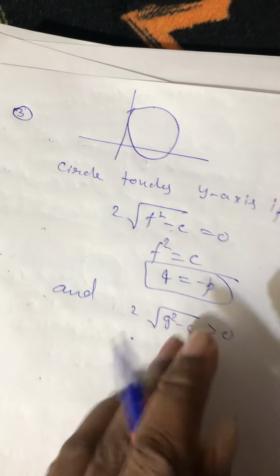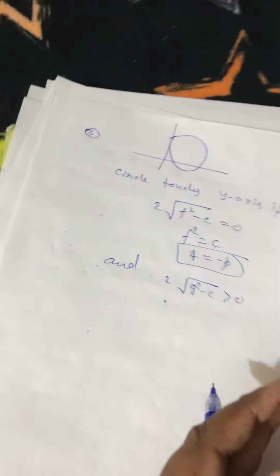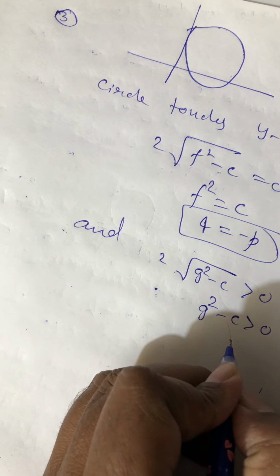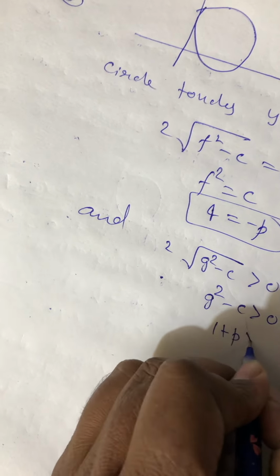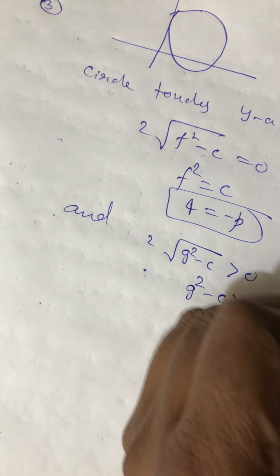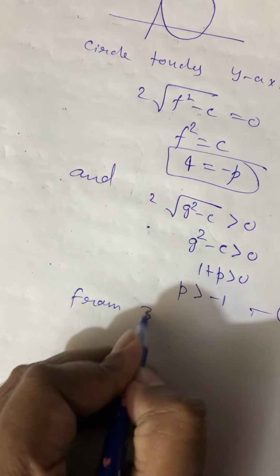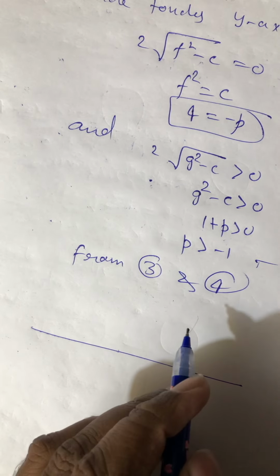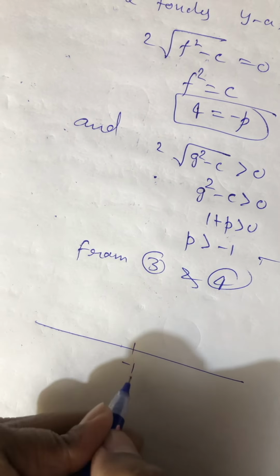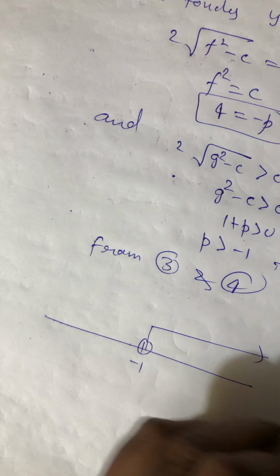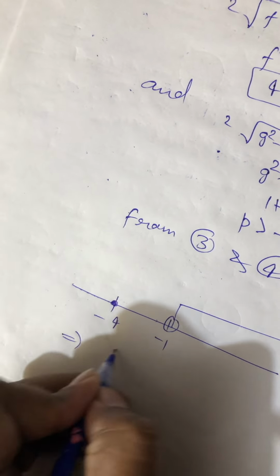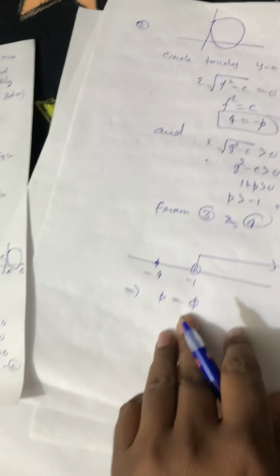2√(g² - c) greater than 0, ये वैल्यू ग्रेटर देन 0 होनी चाहिए तो ही आपका 2 पॉइंट पर कट करेगा। सो यहाँ से अगर स्क्वायर करेंगे g² - c greater than 0, g -1 square means 1 plus p greater than 0। so p greater than -1, equation number 3, equation number 4। so from 3 and 4 if I solve, value p is greater than -1, so this is -1 greater than -1 and another point is -4 which is this one। so there is no common point, therefore p is 5। यहाँ से हमको p 5 मिला।